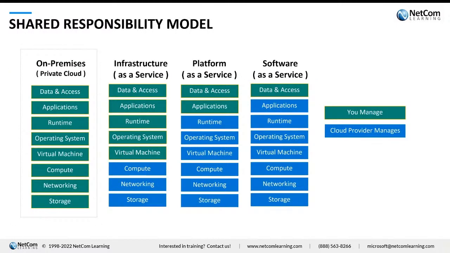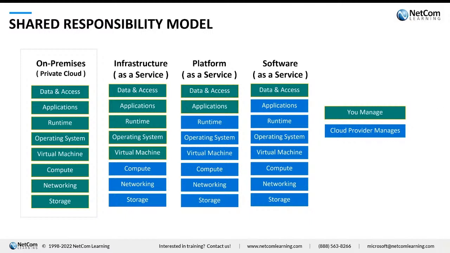So if I want to go in and understand what it is that I am responsible for doing versus what Microsoft is responsible for doing when we're running these infrastructure systems, this chart gives you that layout. The green stuff is what I, as the IT manager or the IT administrator, am responsible for doing in the cloud implementation. The blue boxes are what Microsoft is responsible for. So as you move from left to right, it becomes less and less work on your part and more work on their part. As an example, in the on-premise systems, we are responsible for data and accessing that data.